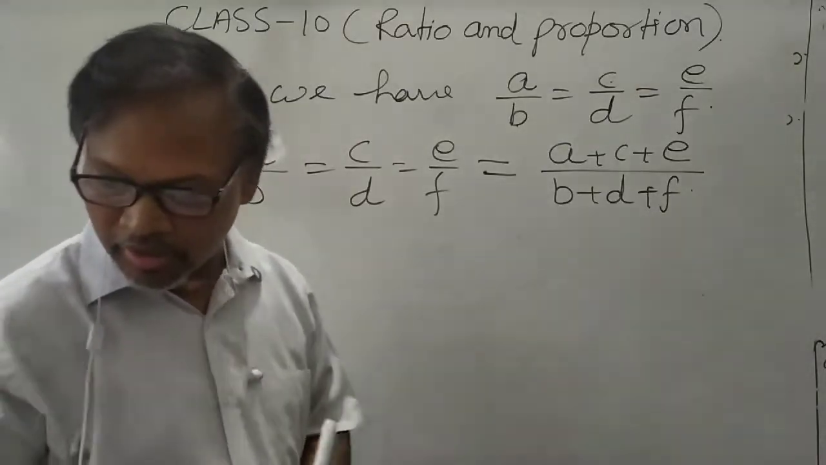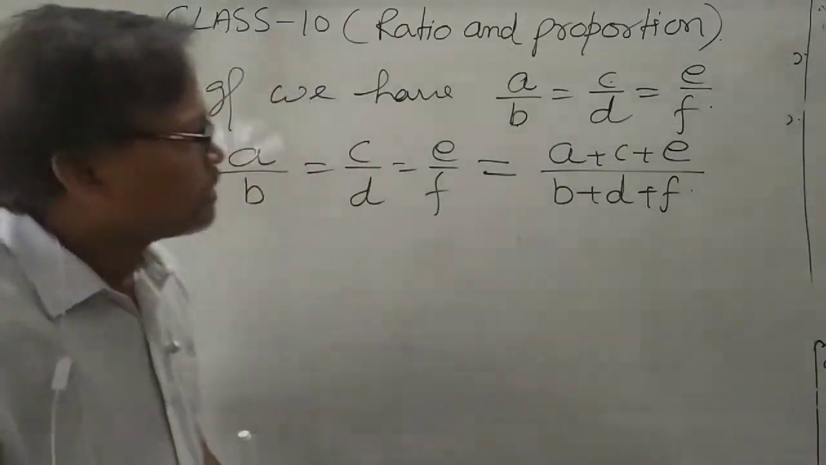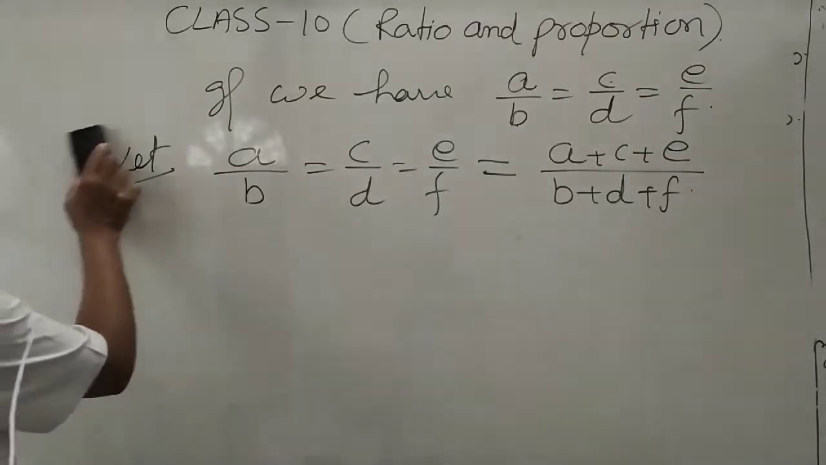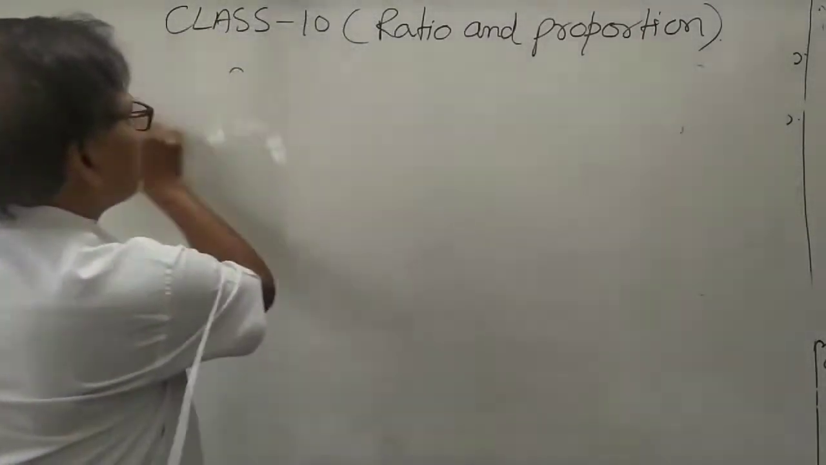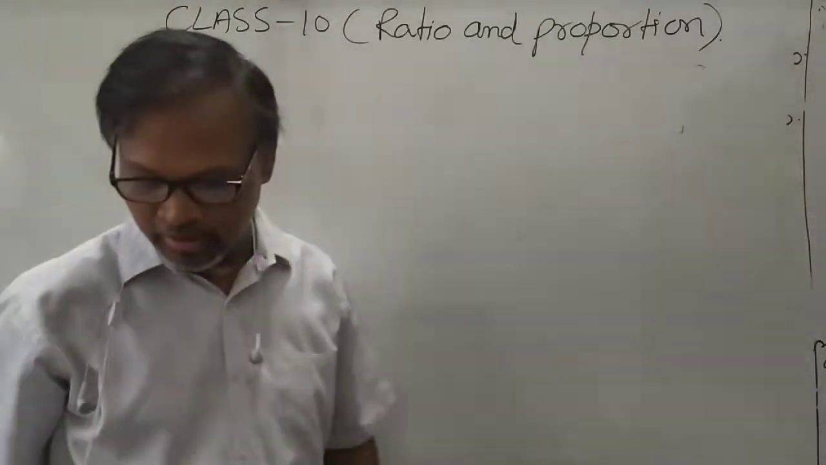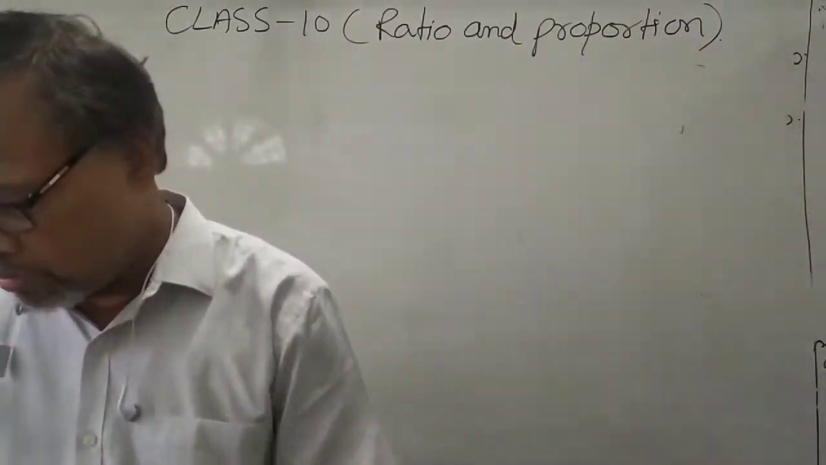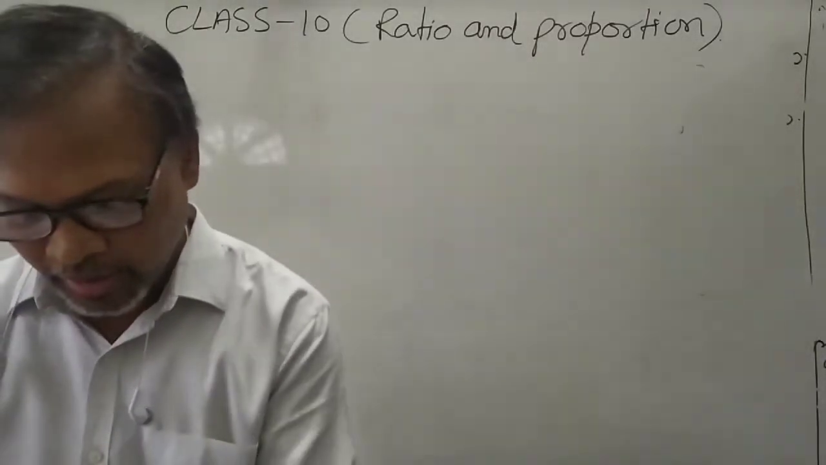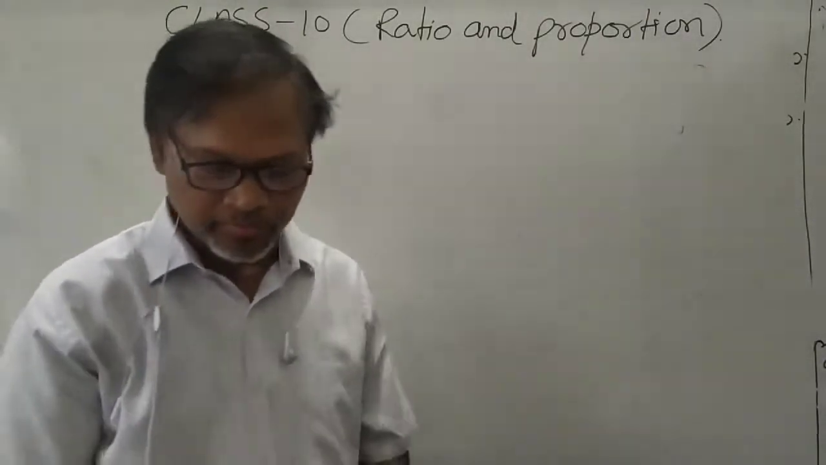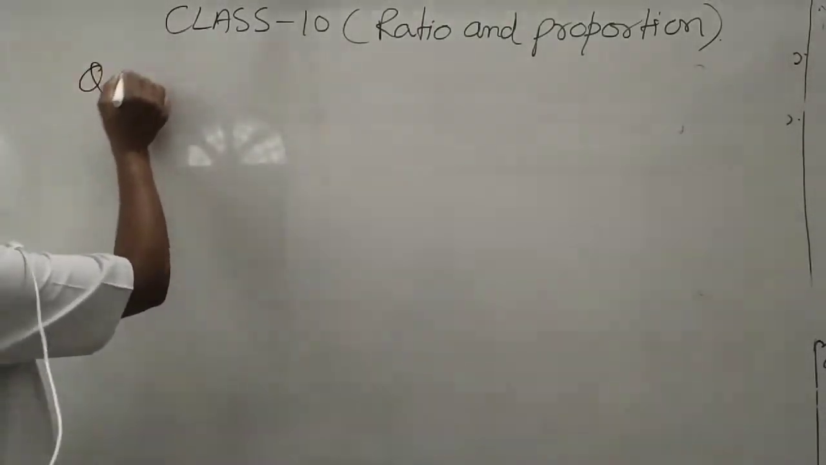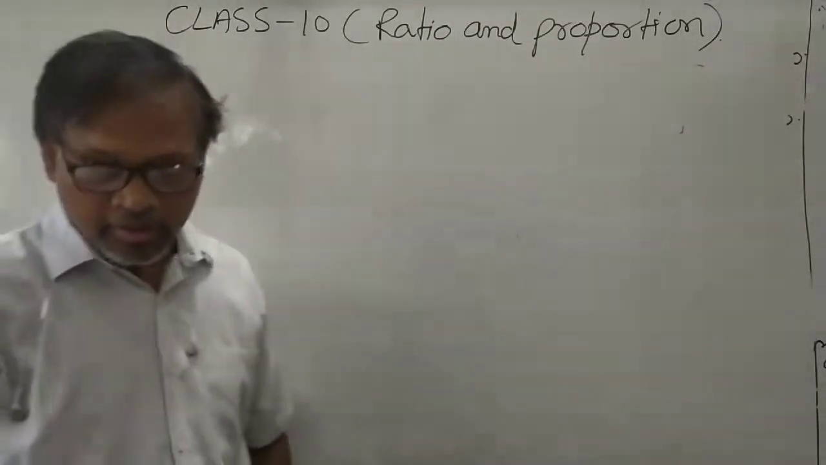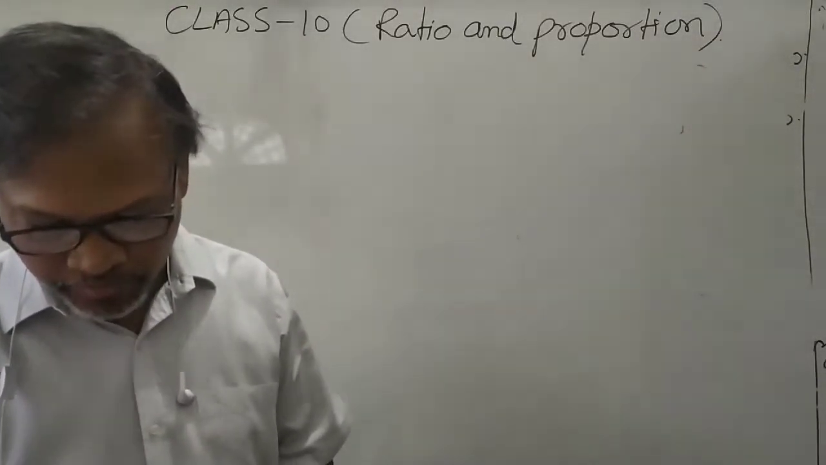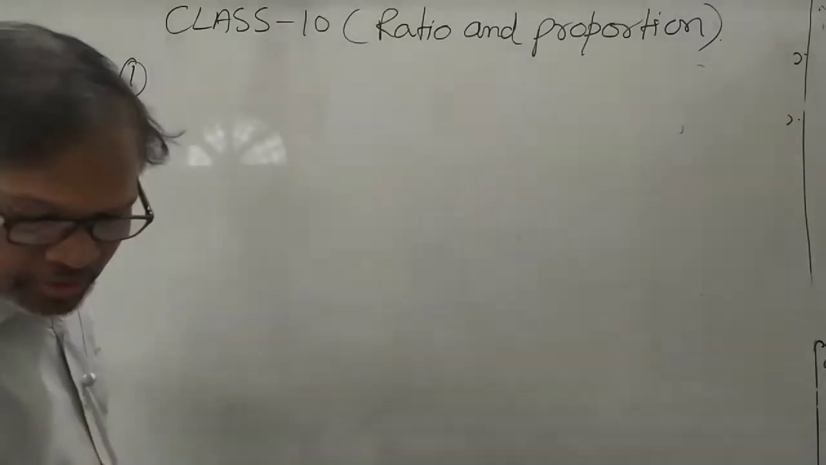And now let us start some questions in this exercise 7.3. I hope that you have understood the properties. Now open the exercise 7.3 and start the questions. Like question number 1. First question: if a/b = c/d, prove that